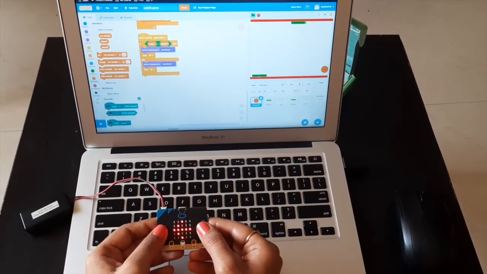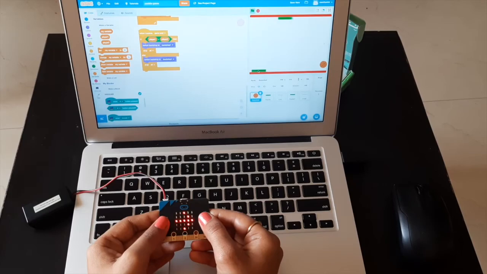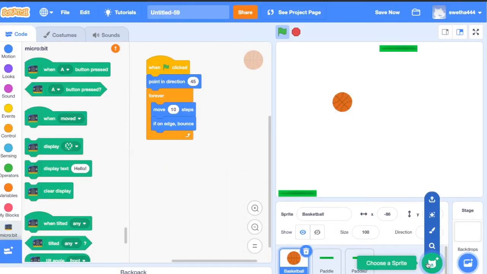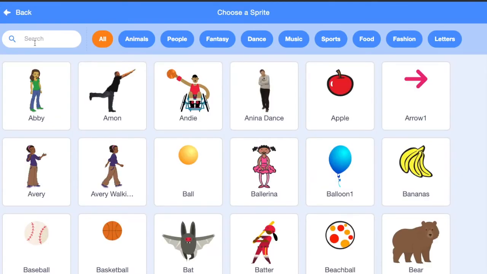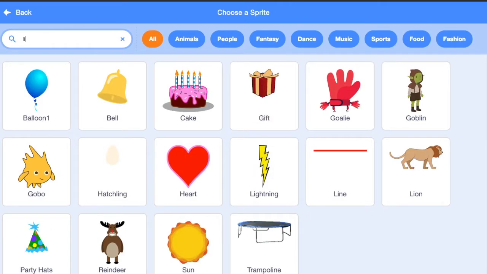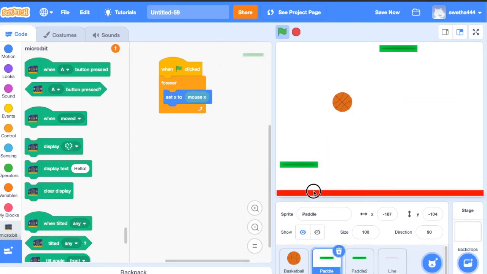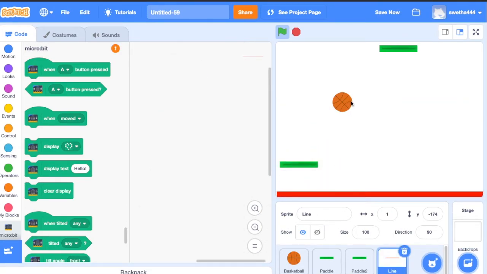Let's check. Okay. Now we'll choose a sprite, line. While playing, if the ball touches the paddle, it has to turn back. If the ball touches the red line, then game over.